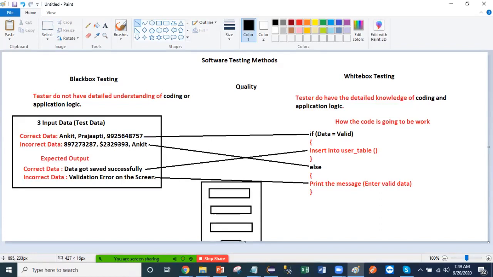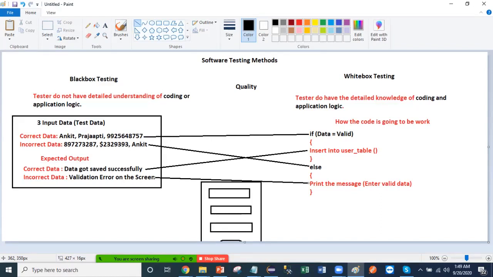The correct data means valid data, incorrect data means invalid data. If the data is correct, the expected outcome is data got saved successfully. Where is it going to be saved? When you enter any data, it is saved in the database tables.